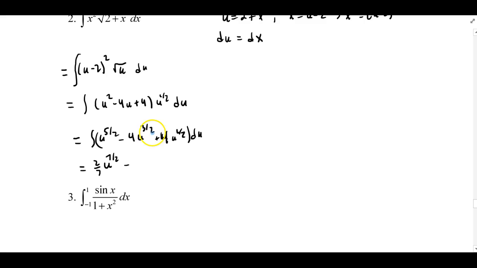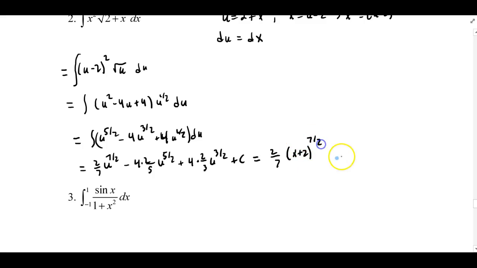7/2 minus, here we're going to get 5/2, so it's going to be 4 times 2/5 u to the 5/2 plus, and then here we're going to have 4 times u to the 1/2. If we add 1 to that, we get 3/2, so it's 2/3 u to the 3/2 plus c. And then simplifying and replacing the u's, we get 2/7, u was 2 plus x, or x plus 2,